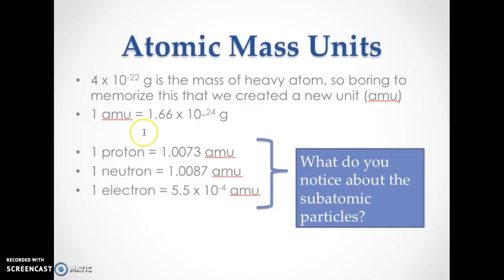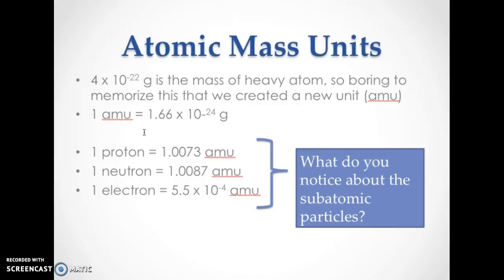mass units. So if you measure the mass of a heavy atom, so xenon or iron, something that's more towards the middle of the periodic table, and you measure it, and let's say it has a mass of 4 times 10 to the negative 22 grams. That is actually a very, very heavy atom. So scientists don't want to memorize all these masses. Imagine if you had all these weird numbers on the periodic table: 10 to the negative 10, 22, 3.2 times 10 to the negative 21. It's going to be a very, very, very